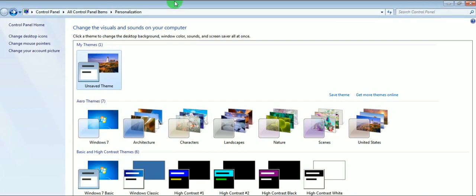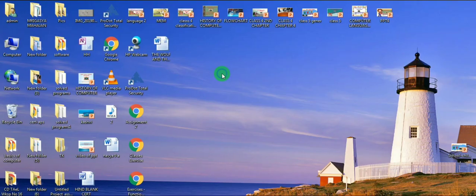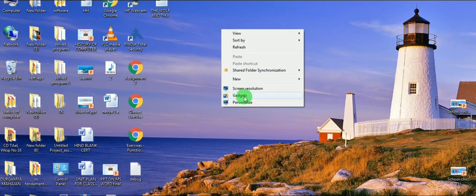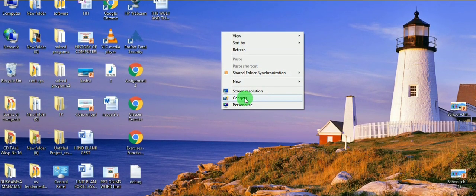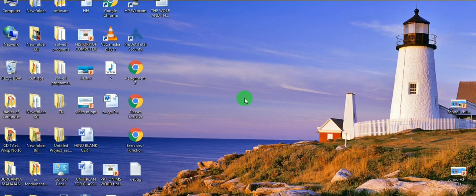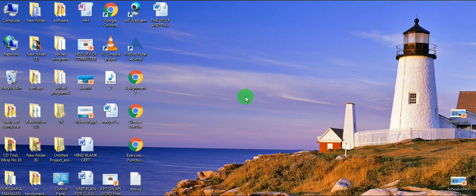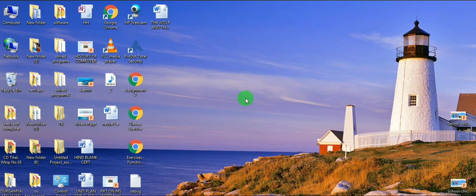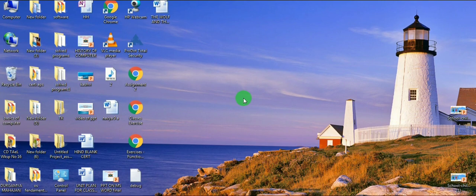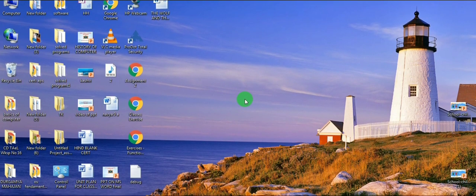Now children, one more thing I want to tell you. Windows 7 also has the option of gadgets. Suppose you want to display gadgets on your screen. You will right click, click gadget, and in that gadget you can see the various options. You can select the gadget which you want to see on your desktop, on your monitor screen.